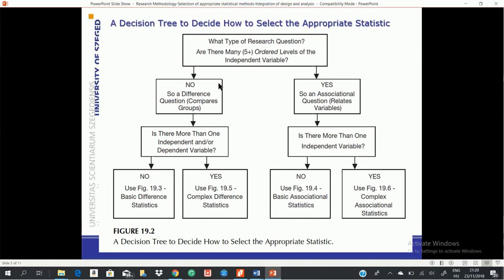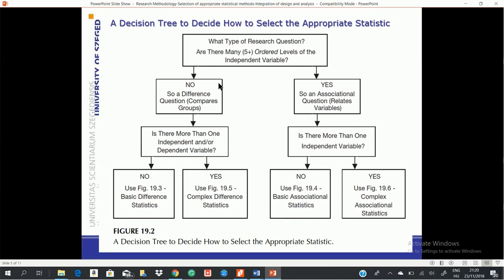This picture is a decision tree to decide how to select an appropriate statistic. The first box is what type of research question. Then, are there more than 5 levels of the independent variable? If you have more than 5 levels of the independent variable according to the research question, you have to choose yes. So you have to choose the box for